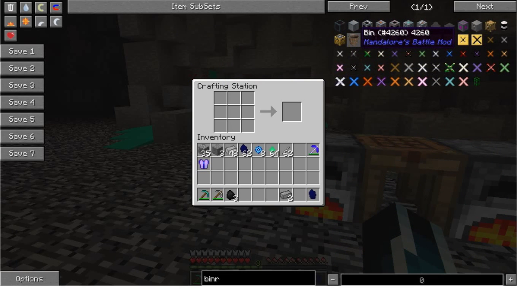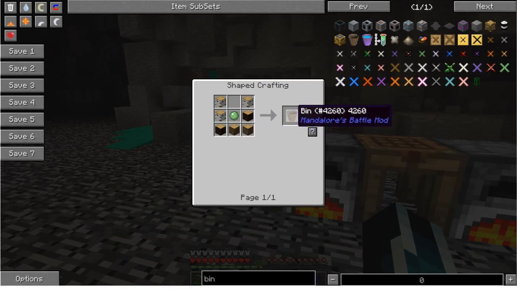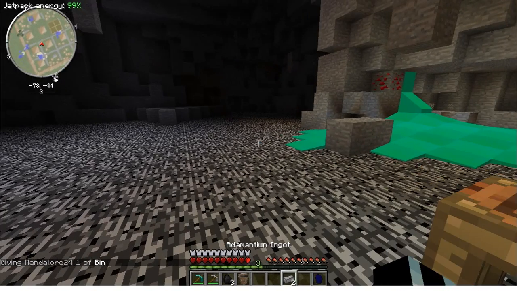Ah, right here. Stupid NEI. There we go. Sludge bin. Any wood logs and a slime ball. That'll give you a bin. So you then take your bin,